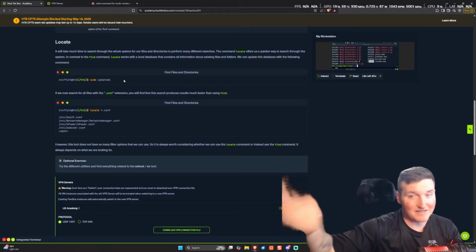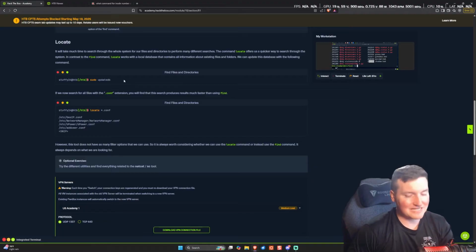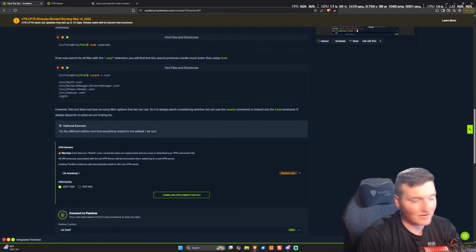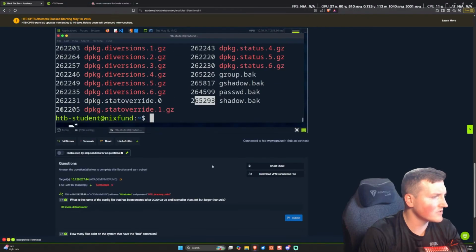So then you could use something like grep and just quickly search for them. It was not the best thing, but I'm glad they've added locate to get rid of that functionality and save us the time. Now, what is the name of the config file that has been created after 2023 and is smaller than 28K